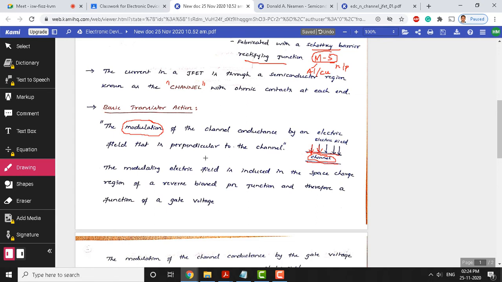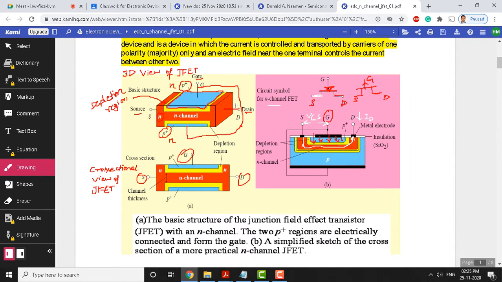The modulating electric field is induced in the space charge region of a reverse biased p-n junction, and therefore it is a function of the gate voltage also. The electric field is induced in the space charge region, and space charge means the depletion region. As you can see, when we apply gate and source voltage between these two terminals, there is a depletion region formation here. This is called the space charge region. So via this space charge region, the